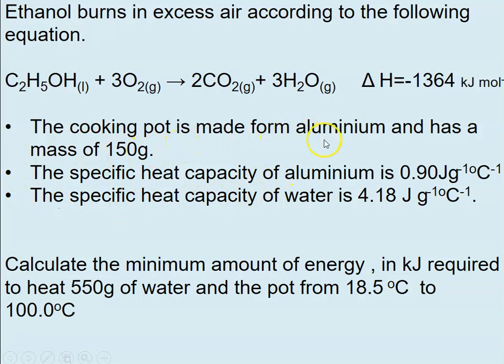So if we looked at the cooking pot and its temperature, its specific heat capacity, and the temperature rise of the cooking pot, so calculate the minimum amount of energy required to heat that much water and the pot from this temperature to this temperature. So you need to look at the specific heat capacity of both, work out the amount of energy to increase each of them, that amount,